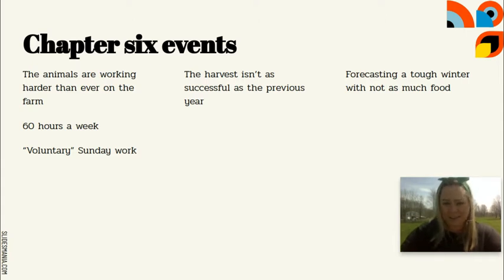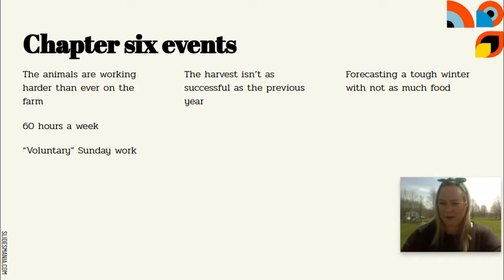The harvest this year on the farm is not as successful as the previous year. And if you've been paying attention, we're now 3 years into this story. The first year was when the animals were still under the rule of Farmer Jones. And then the second year was when they were independent and had a very successful harvest. And now the third year, they're starting to struggle because nature is uncooperative.